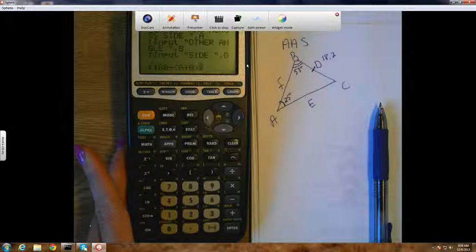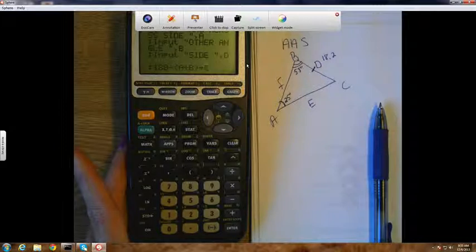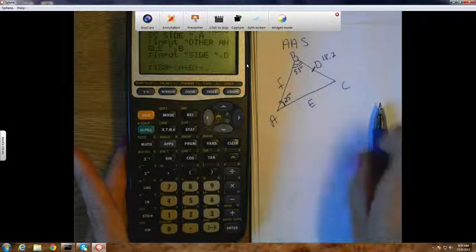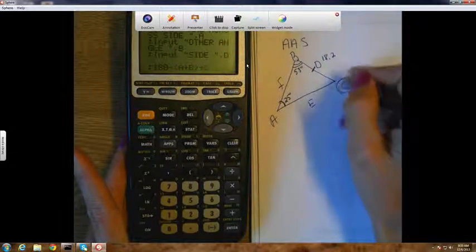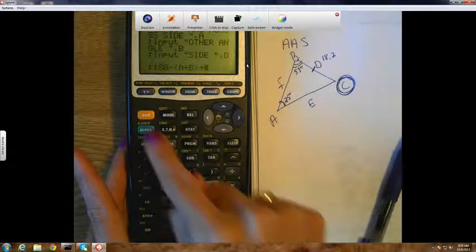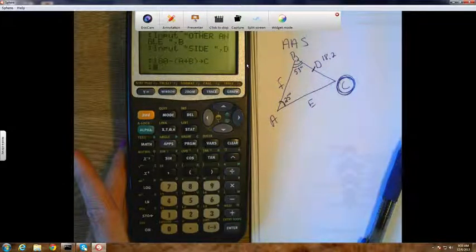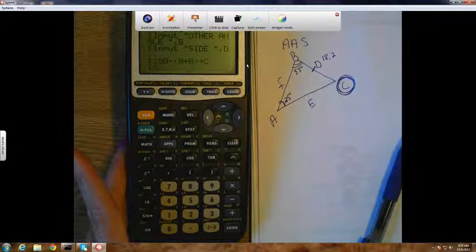Store. You got to store it. Store is that key down here by the 1. What does the store do? It holds that answer in a cell. So when we display them later, it'll grab the number there where we put it. Where are we putting this answer? In C, because this is the one I'm solving for. So I want to store it in C. Enter. Okay, so we now know C, so I can do the math with the C.